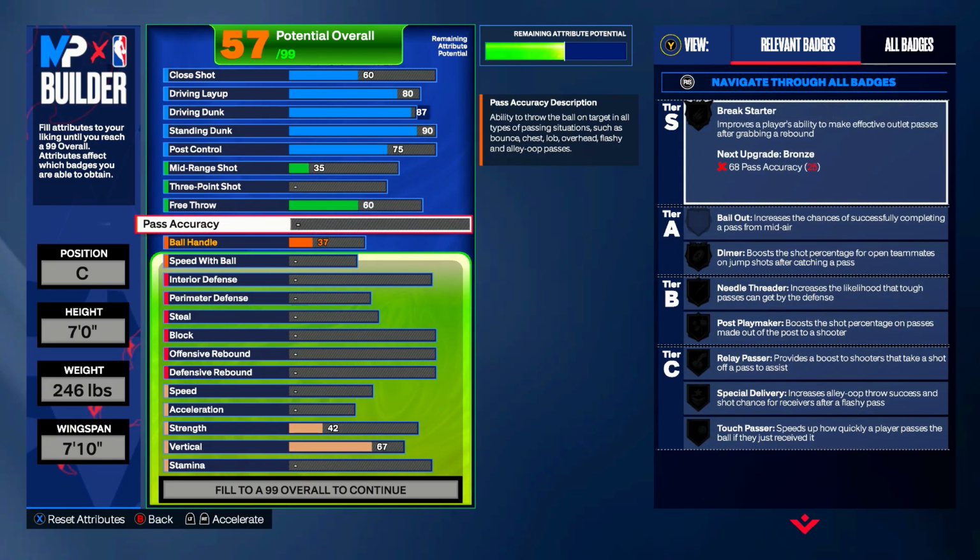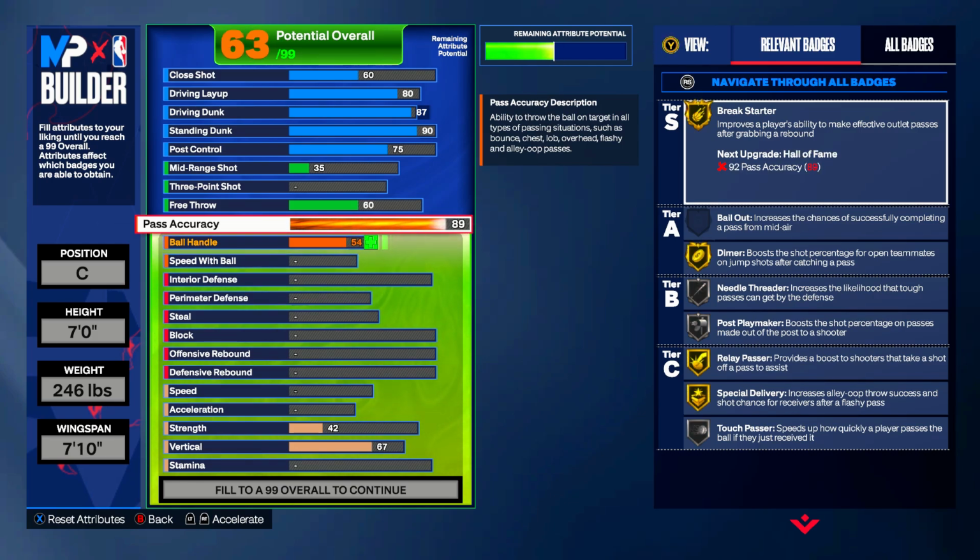Back to the build. Your pass accuracy is going to end up being a 92 pass accuracy to get yourself Hall of Fame break starter. Now personally, if you're going to be playing this build in 5s, you'd prefer if anyone were to have it on the court to be your back end, because he does play the middle, and he should be getting